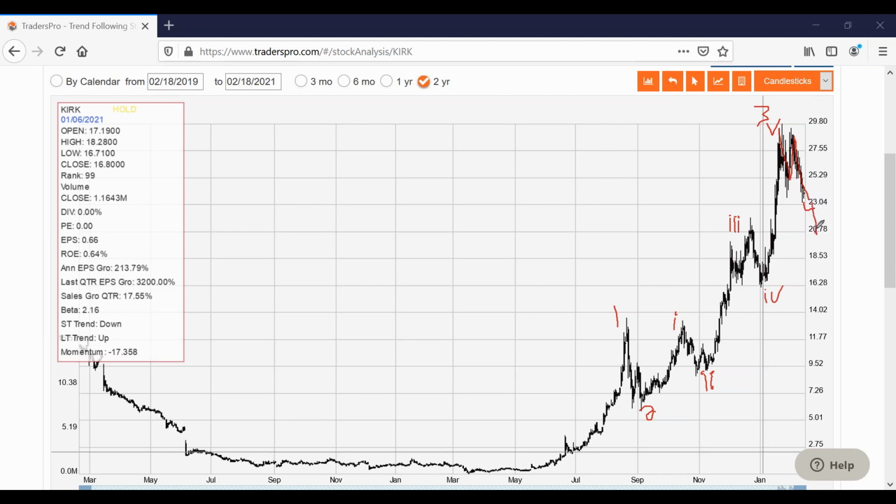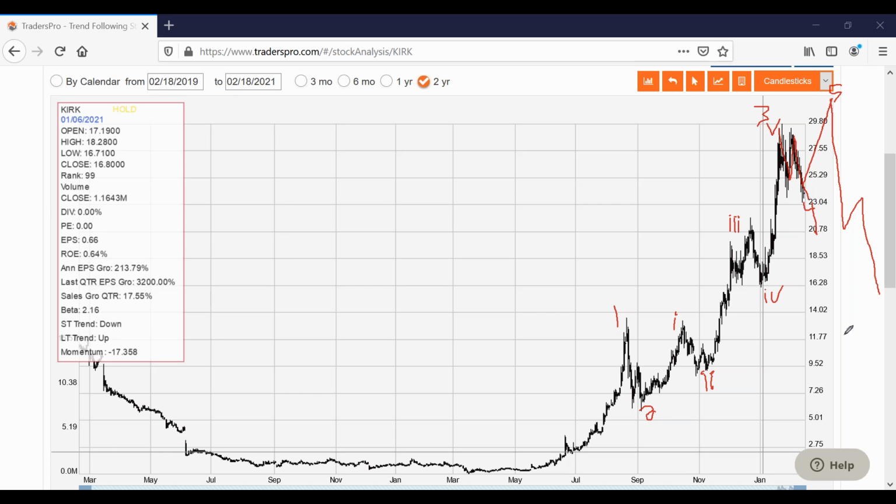Okay. Now again, this thing could go higher, and it could have a move like this, and then it could be wave 5, and it could go into a larger correction. And we could be looking back, and you could be emailing me later on saying, you're a genius. How did you know that? And my first response would be, well, we probably got lucky that it worked out exactly like we thought it might work out.